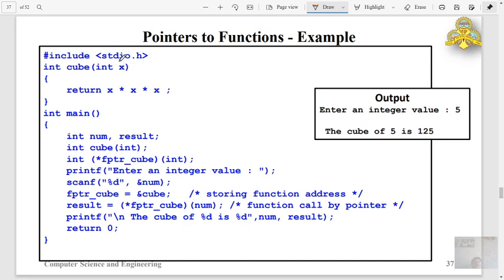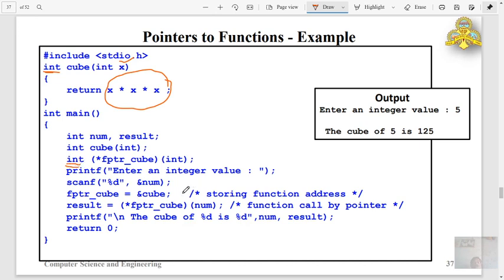It takes an integer variable, observe that, not the address, an integer variable, and whatever integer value is passed to it is returned as the cube of it. That means x is multiplied thrice and that result is returned. The return type here is int, and the function pointer type is also int.